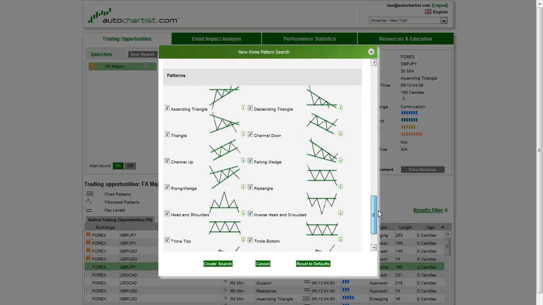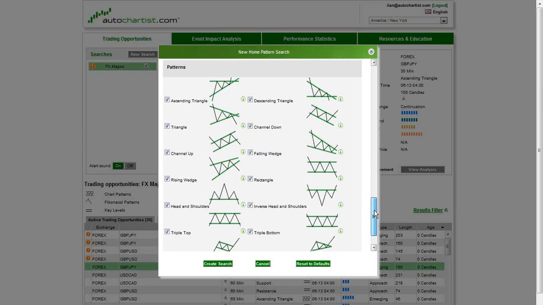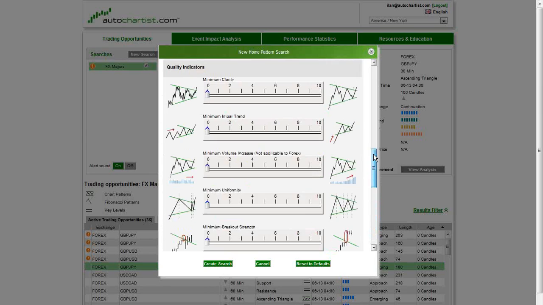Ascending and descending triangles, the rising channels, the falling channels, rising wedges, falling wedges, the head and shoulders, the inverse head and shoulders, triple tops, triple bottoms. All the major types of patterns are actually supported. So if you select all the criteria that you want, and for now, as I said, I'm not really